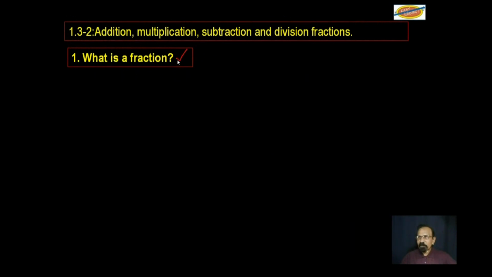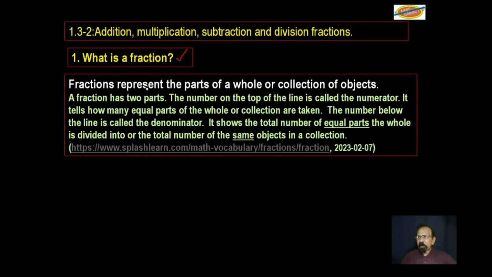So what is a fraction? Now here is one definition. Fractions represent the parts of a whole or a collection of objects. A fraction has 2 parts. The number on the top of the line is called the numerator. It tells how many equal parts of the whole or collection are taken. The number below the line is called the denominator. It shows the total number of equal parts the whole is divided into, or the total number of the same